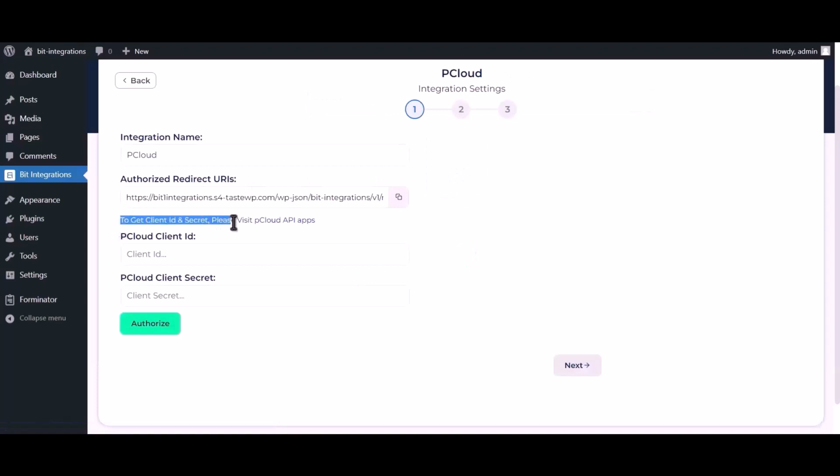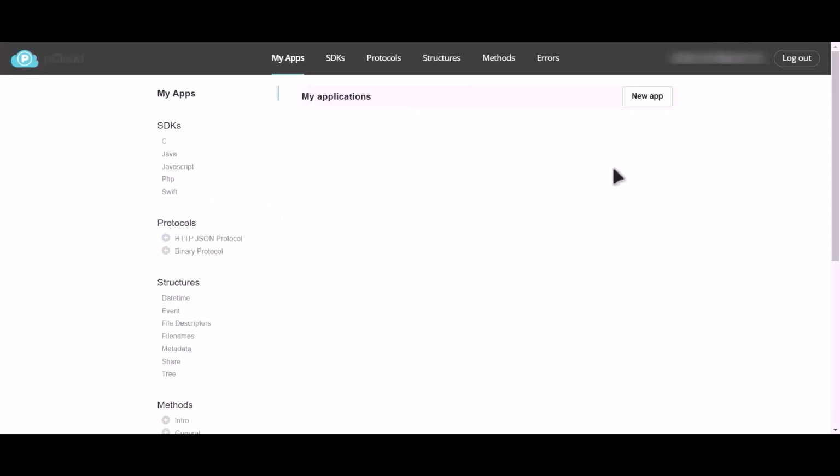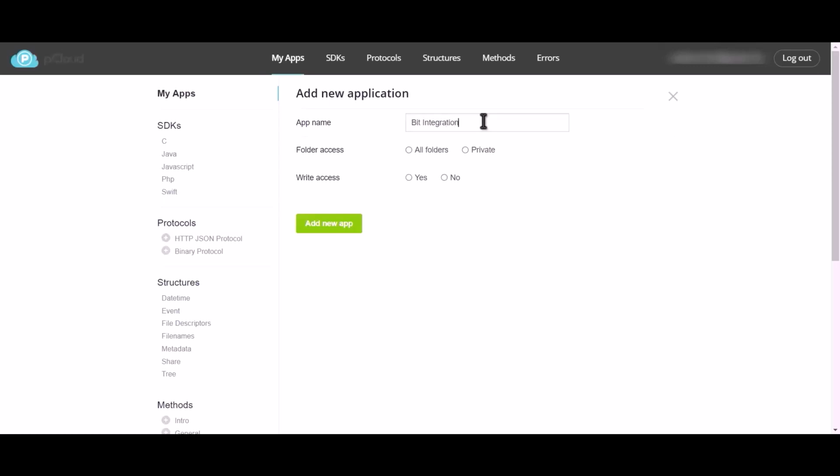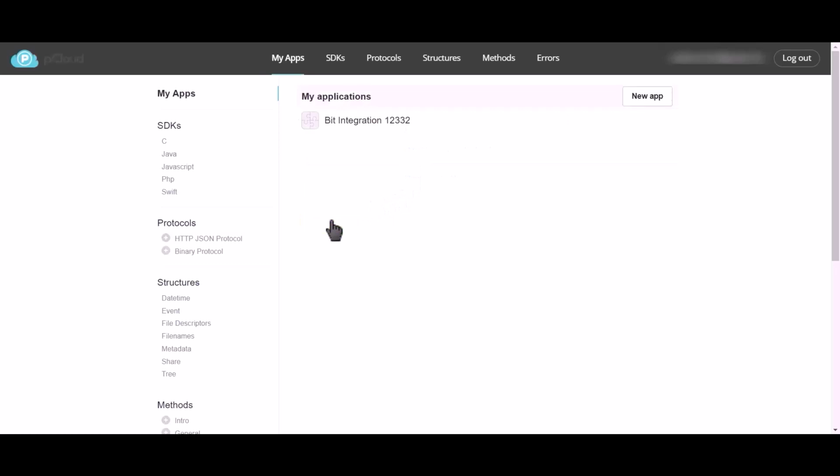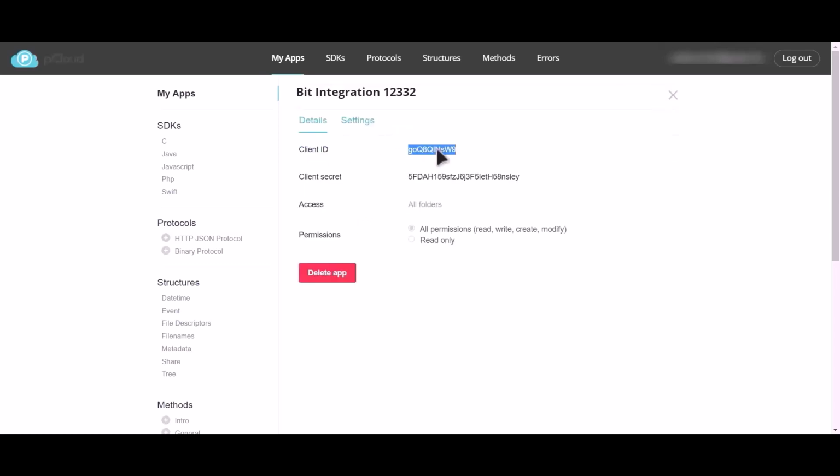To get client ID and secret, please visit pCloud API Apps. Click on New App. Give the meaningful app name as you want. Folder access: All folder. Write access: Yes. Now click on Add New App. Click on your app. Copy client ID